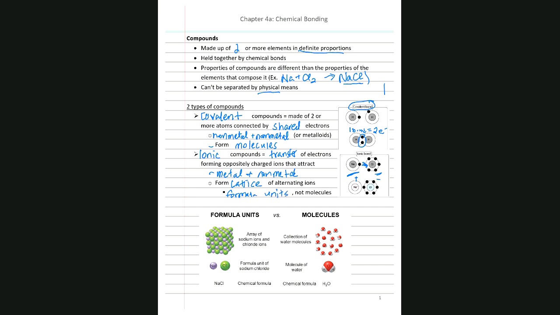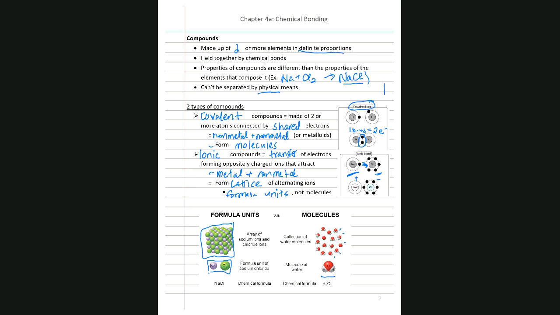Okay, so this little diagram down here just shows you molecularly what's going on. In a covalent compound like water, you've got H2O, 2 hydrogens bonded to an oxygen, and if you have a glass of water, what you have is a bunch of individual water molecules moving around each other. But sodium chloride, when we make salt, there's no such thing as a sodium chloride molecule. You don't have little individual sodium chlorides bonded together floating around ever. What you have is a lattice structure, a giant crystal that's made of lots of sodium and chloride ions